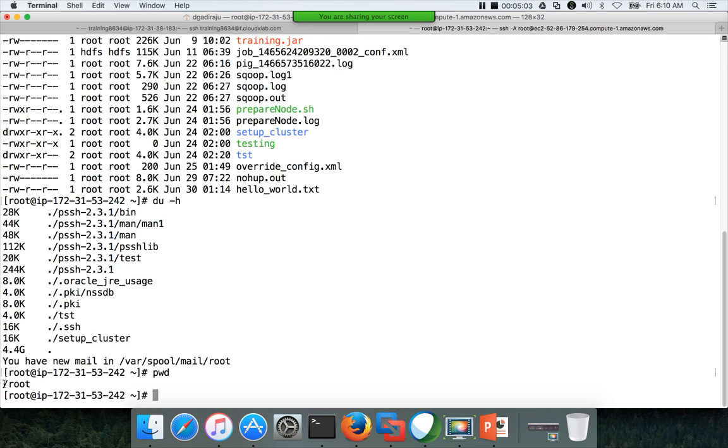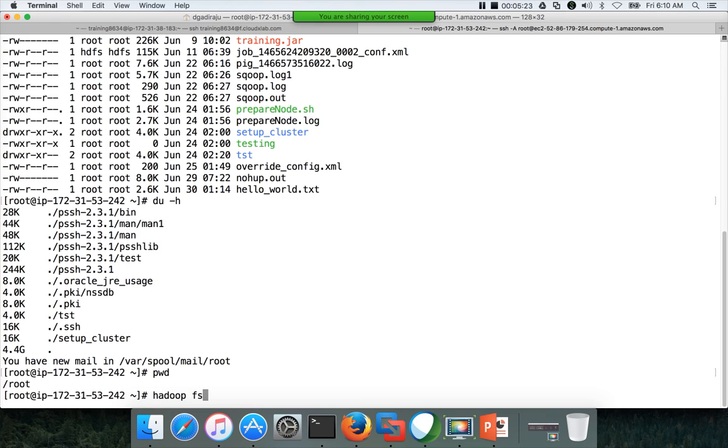We are under /root, and in this case, this slash stands for the root directory. Even HDFS starts with a root directory, and the way you can interact with HDFS is by the command hadoop fs.